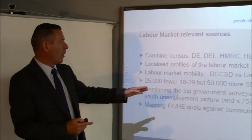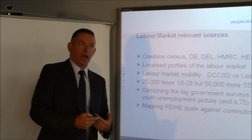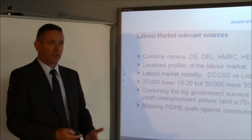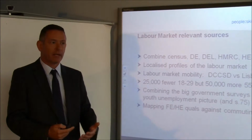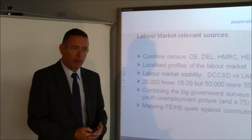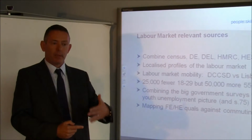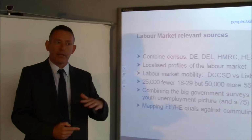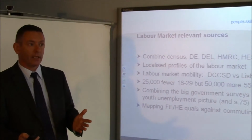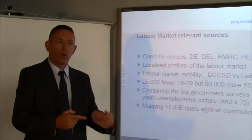The chief executive of Derry City Council wrote to our minister and said that Derry was an economic wasteland. And I was asked to look at the statistics around that, the labour market statistics that characterise Derry and Strabane. There's a statistic called the job density indicator, and it's the number of jobs in an area per 100 residents of working age. And when you look at Derry and Strabane, there may be around 70 jobs for every 100 residents,